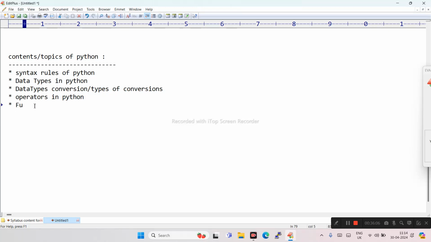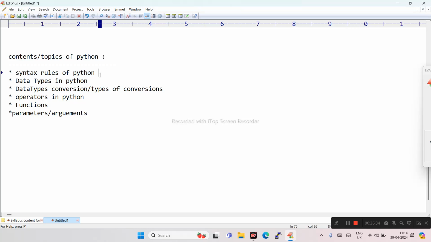The next one is functions. We have different types of functions, which we will discuss in the upcoming classes. The next is parameters or arguments. What are parameters and what are arguments?